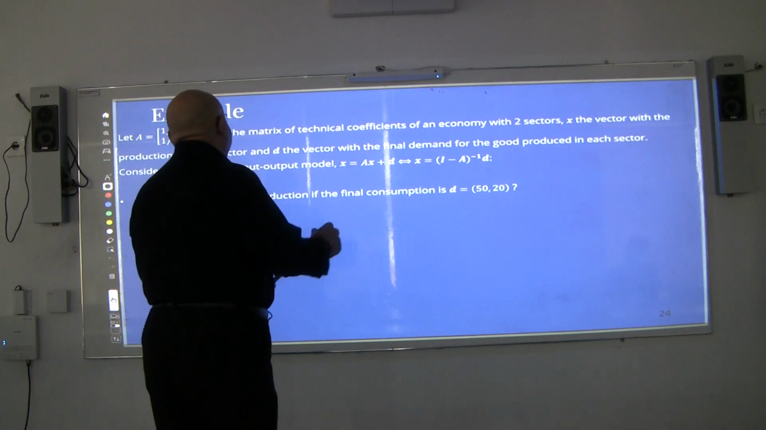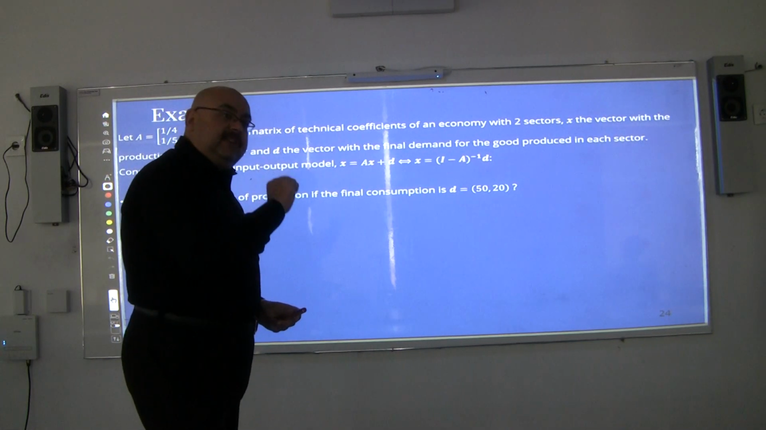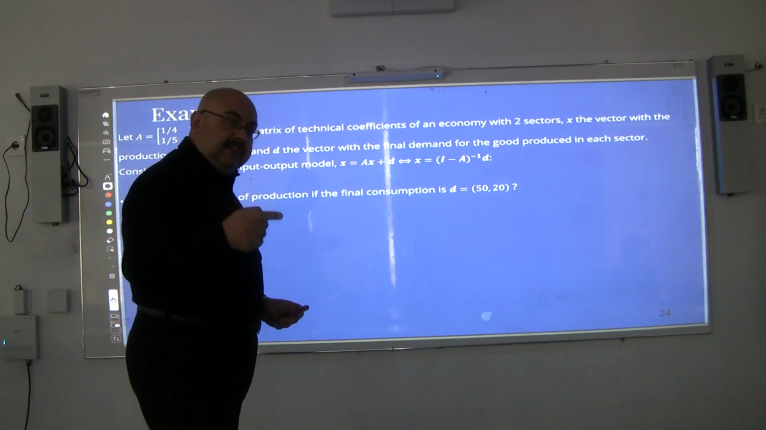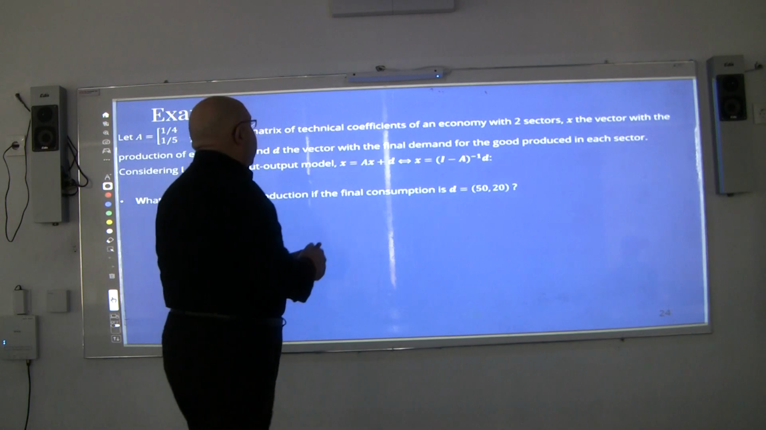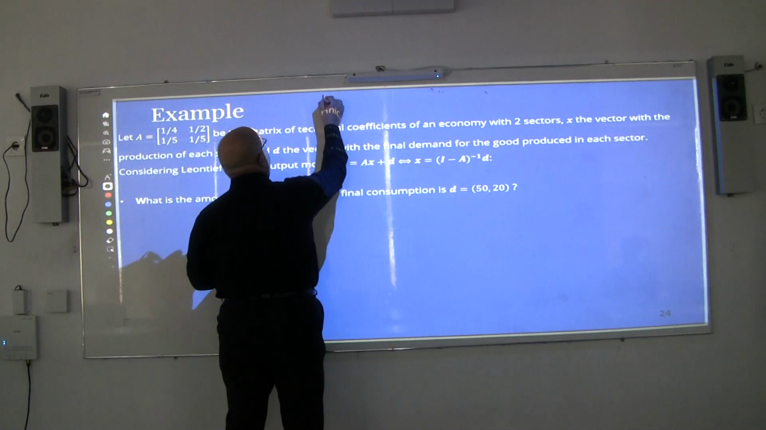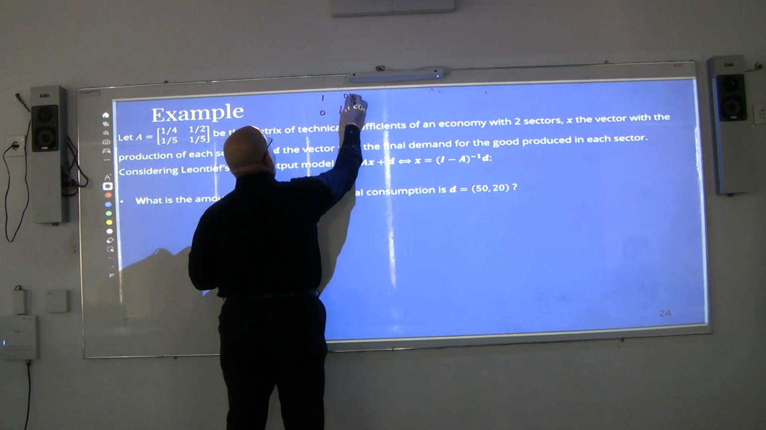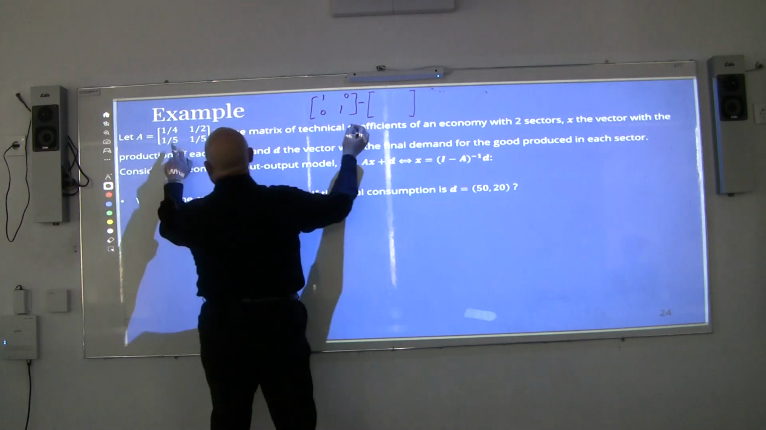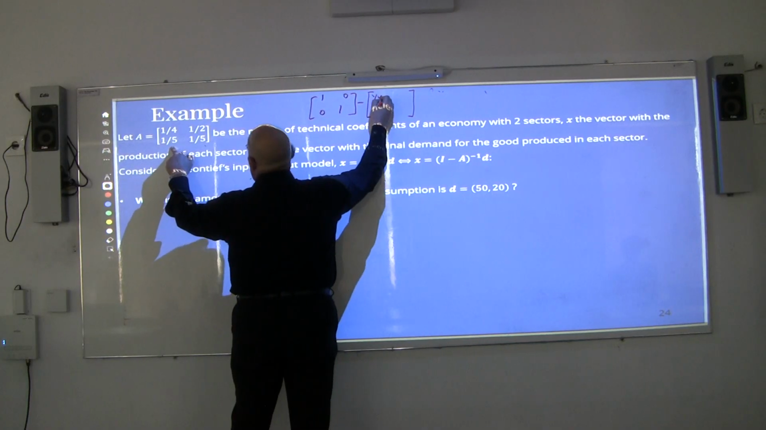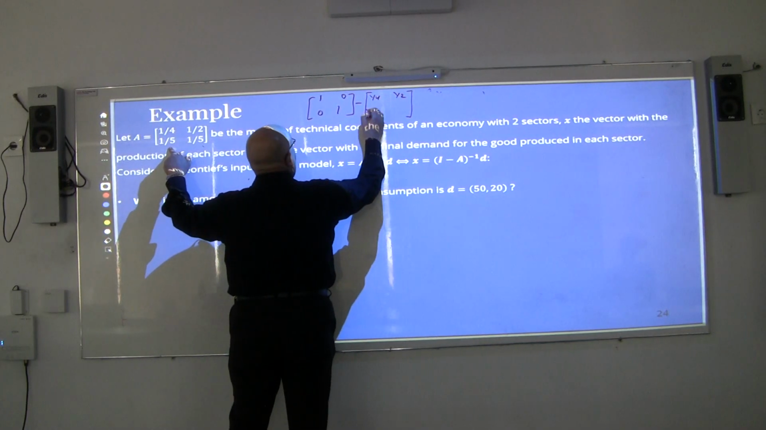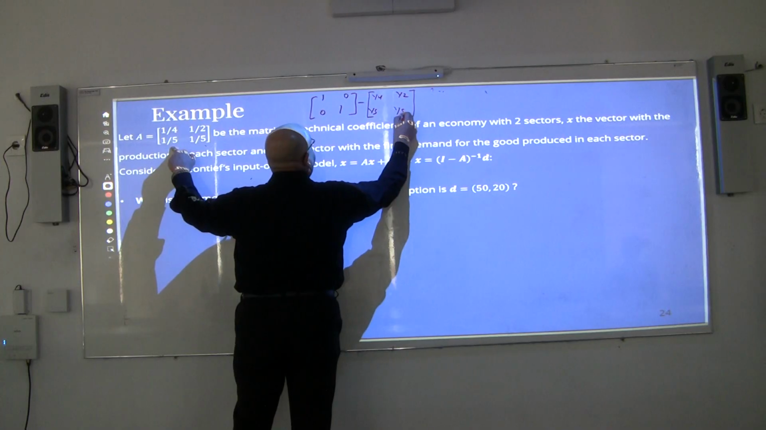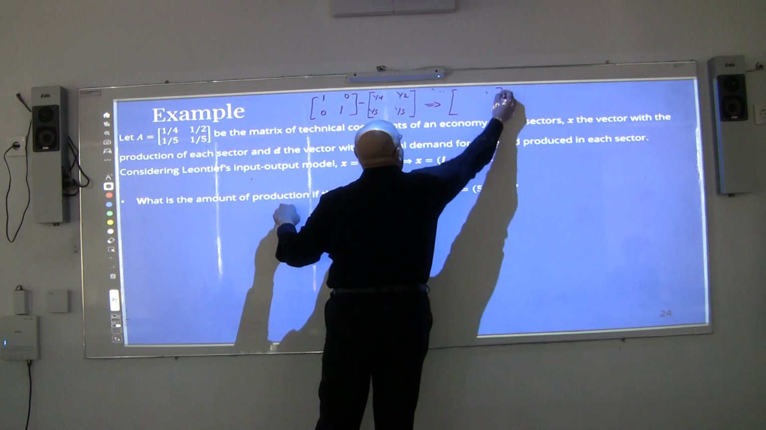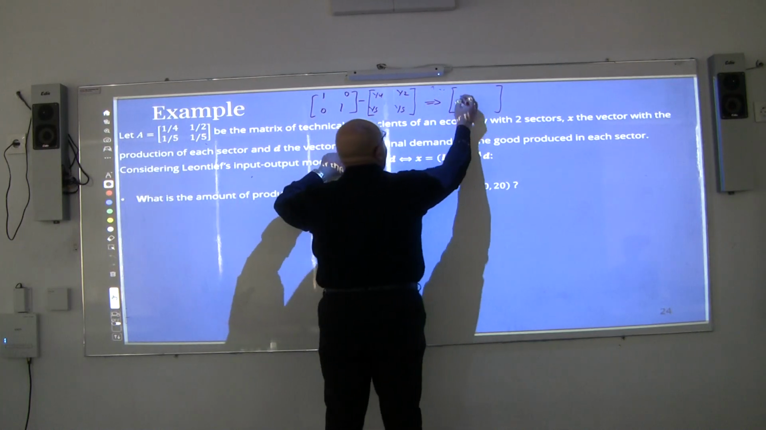I will have to evaluate first the inverse Leontief matrix. In order to evaluate the inverse Leontief matrix, I will have to get first [1, 0; 0, 1], and I will subtract from it matrix A, which is [1/4, 1/2; 1/5, 1/5]. This result, which is I minus A, is going to be, I think,